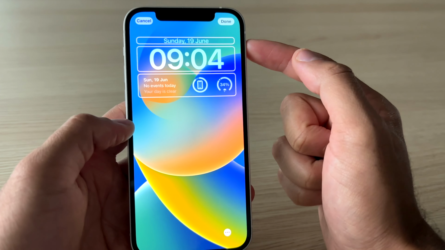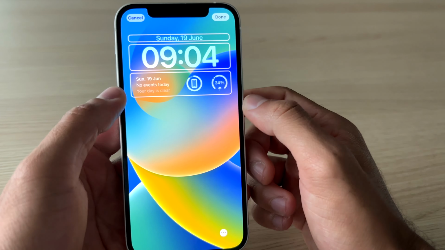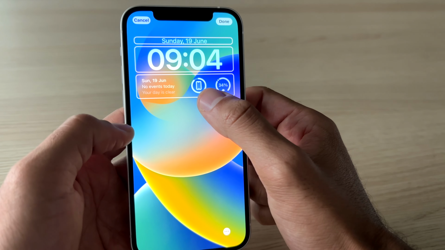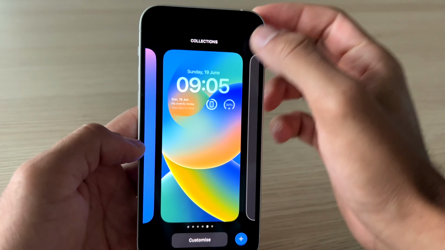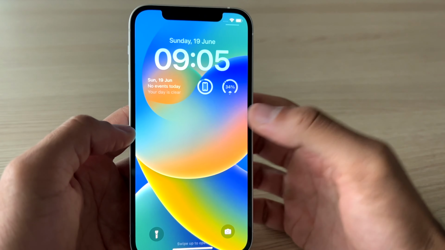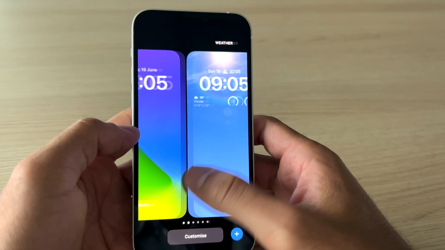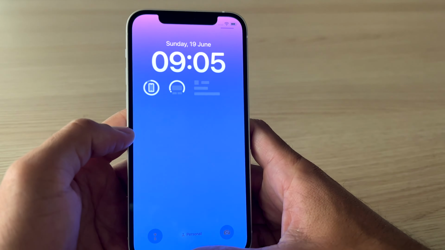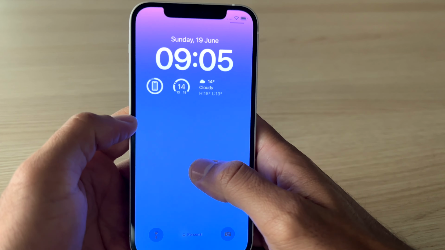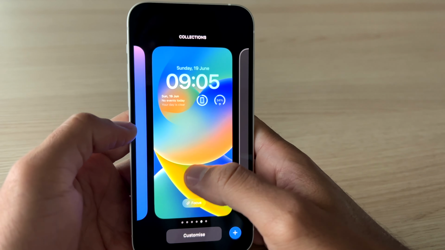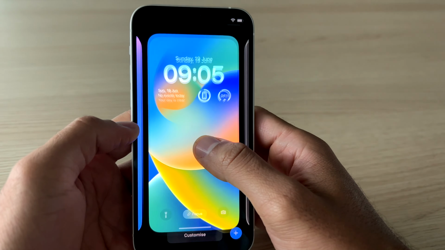I can see the date, the time of the day, and some widgets, such as events, the battery percentage of my iPhone, and whether or not it will be raining. So if I hit done, now I've added an entirely new background to my backgrounds, as you see here. I started with this background, and on this background I have almost the same widgets. But if I want to switch to another background with new widgets, I can just do so by tapping